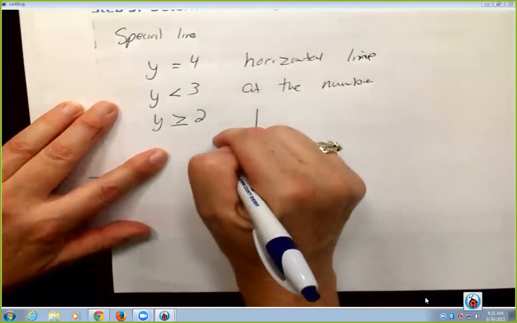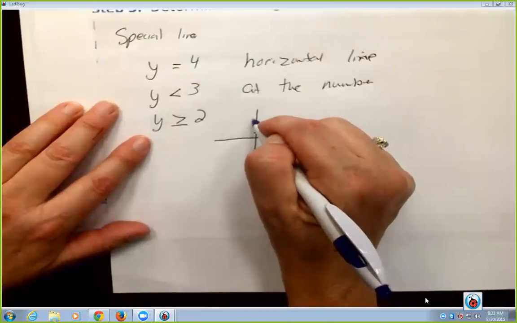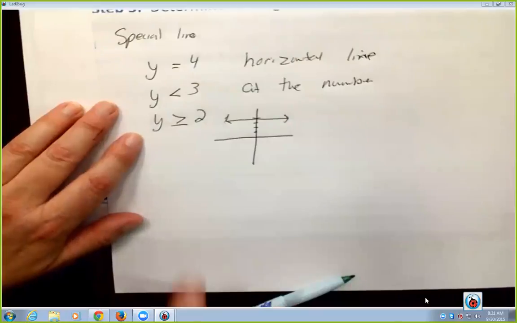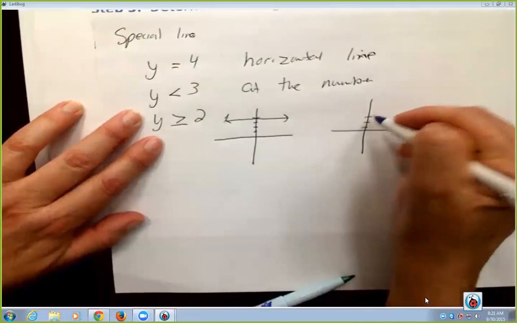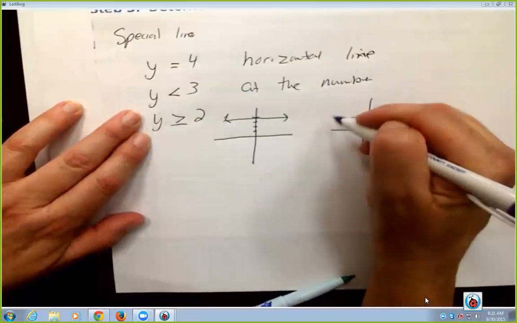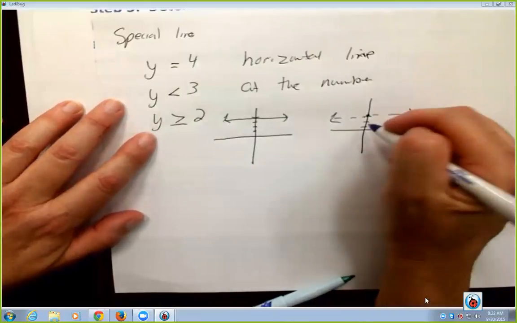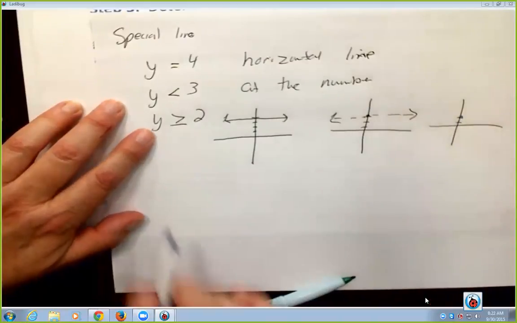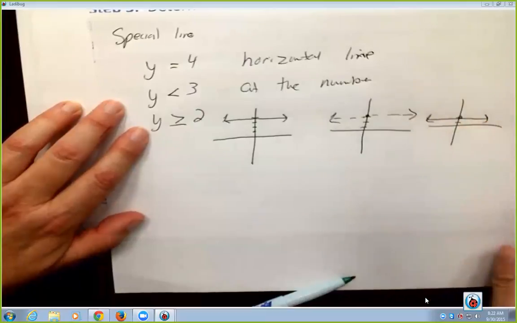So if we had our graph in here, the very first one would be up at 4, and you would graph a horizontal line in there. Okay? If you graph the second one, you would be up at 3, and you would have a dotted line going through that one because there is no equals. And then finally the bottom one is at 2, and that one I would end up graphing at 2 with a solid line because the equals can be